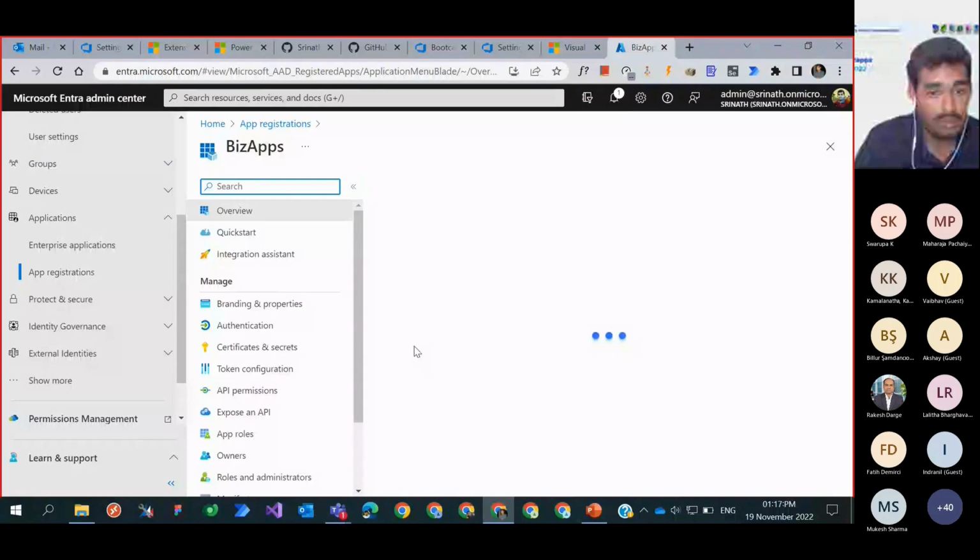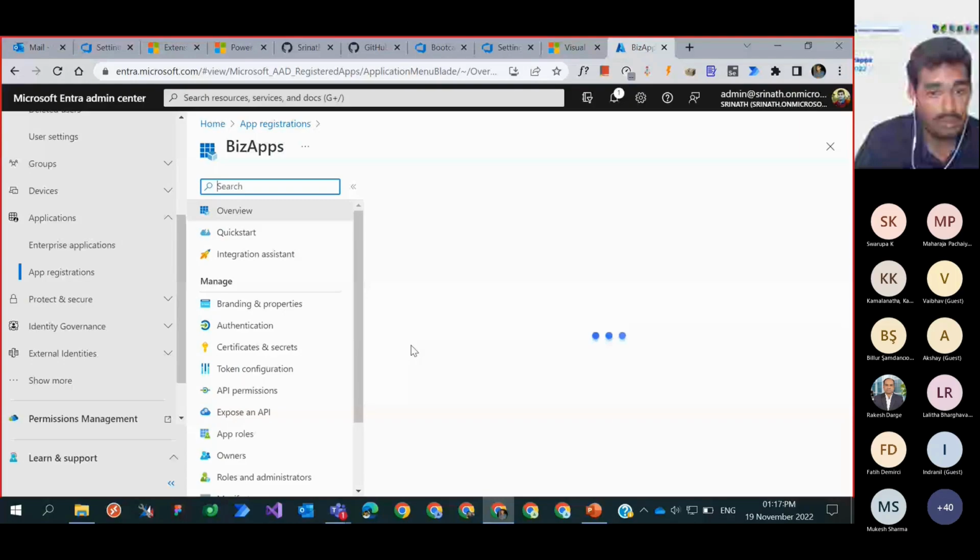This is the value we should keep, remember, or store somewhere safe, because when I refresh, this value is going to be gone. We are not going to get this value back. Let me copy it and refresh. It's going to be masked. Now we created the app, and